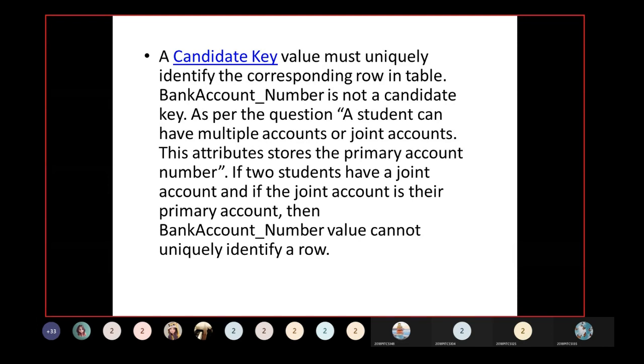So the bank account number is not a candidate key, and the answer is A.